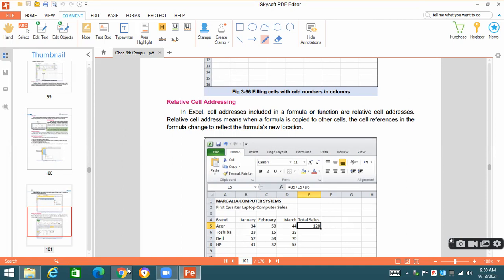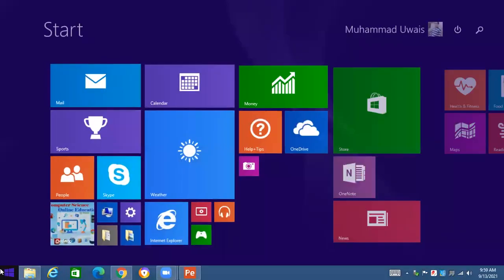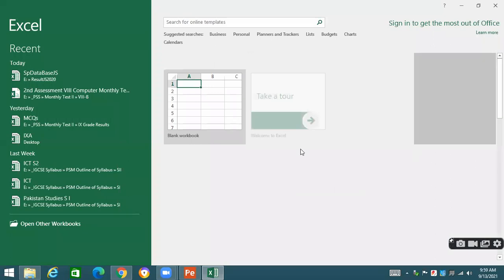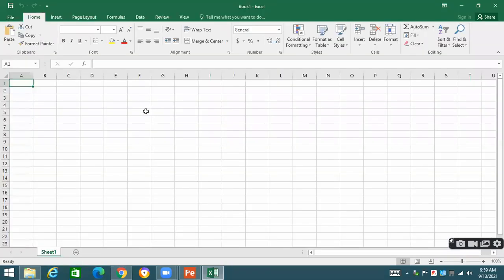What does it mean? What is meant by this thing? Excel is basically an intelligent program which understands your requirement. Let's suppose this is the data given over here, and this is the data given over here.